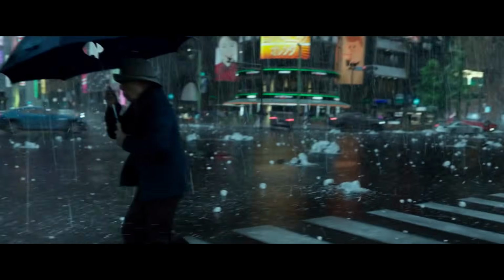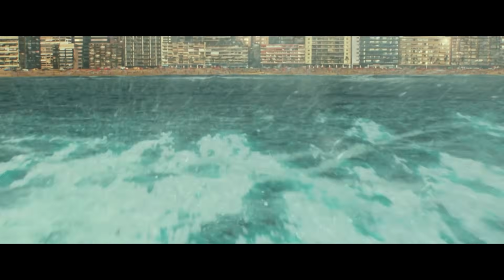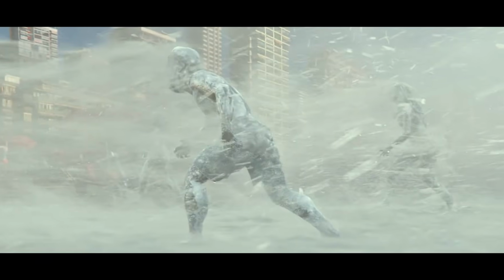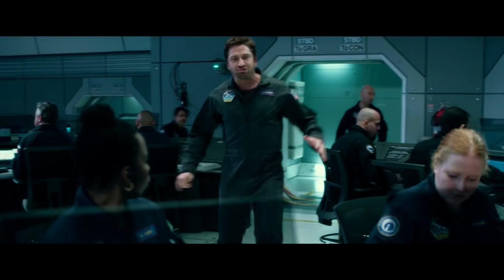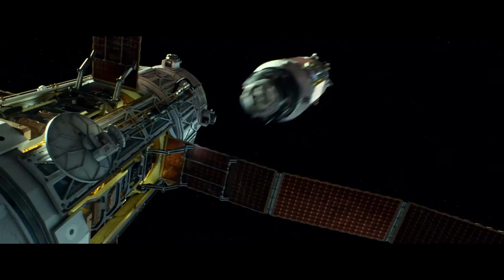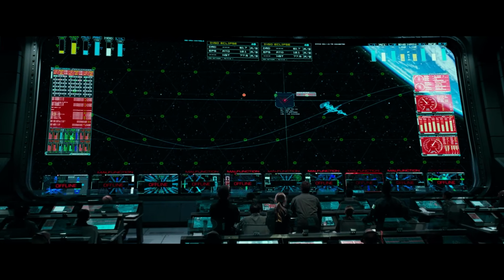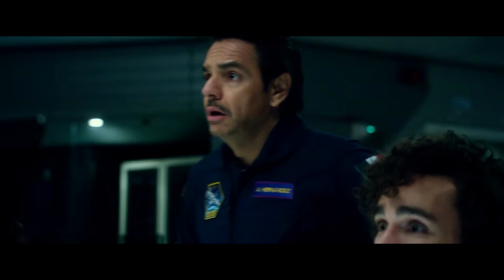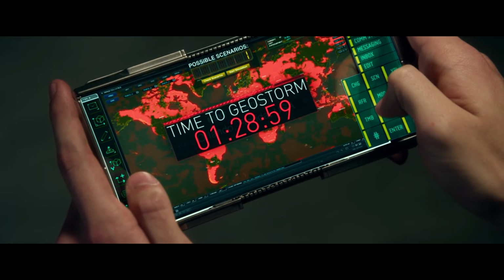A sudden shower of hailstones the size of a human fist occurs. Meanwhile, in Brazil, the temperature drops so drastically that the seawater freezes, freezing anyone nearby to death. At the space station, Jake and his team try to slow the spread of the virus by crashing infected satellites into other satellites. Luckily, this effort manages to stop the disaster temporarily, but a bigger threat emerges. It's the Geostorm, a cataclysmic event that will hit the entire surface of the Earth within the next